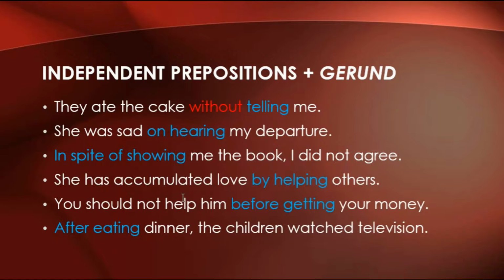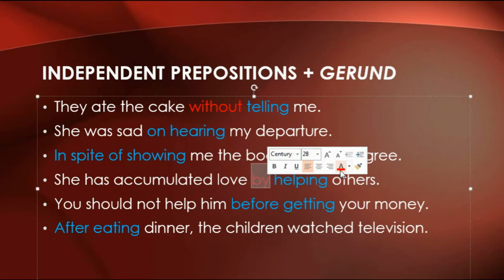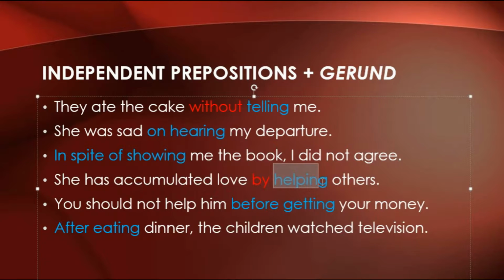She has accumulated love by helping others. By helping: by here is my preposition, and this is my gerund, right? The gerund form. You should not help him before getting your money, right? Before getting your money. It's a shorter way of putting the sentence. I could say you should not help him before you get your money,